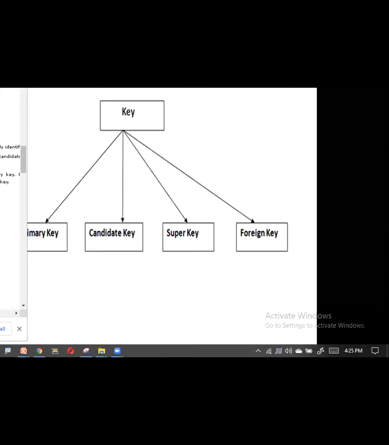Here the Aadhaar number is a candidate because it is not the primary key. For the primary key, you have to maintain the data, you have to enter it, it is mandatory, and you have to maintain uniqueness. But the candidate key means the remaining attributes, which are even stronger than the primary key.